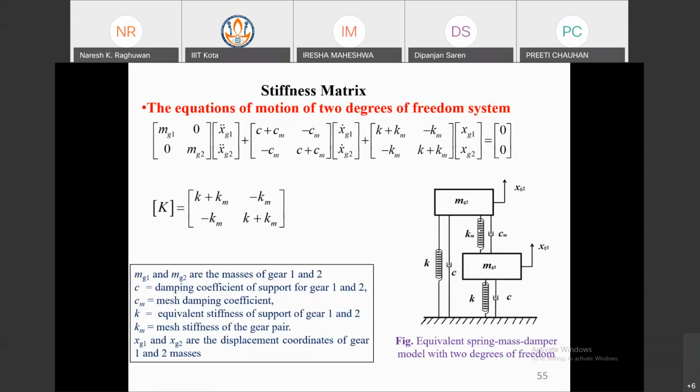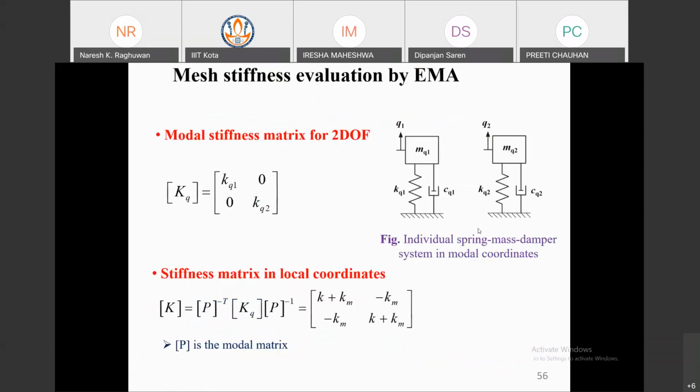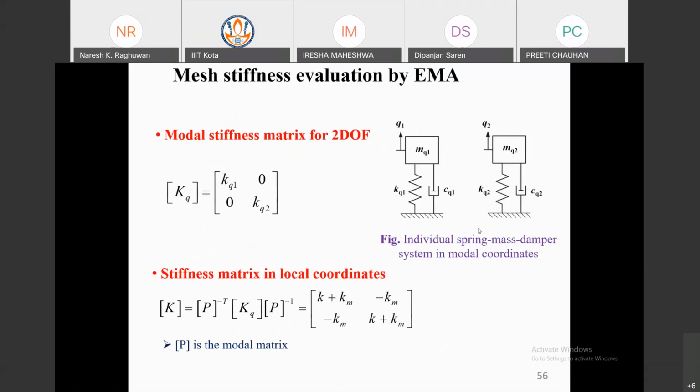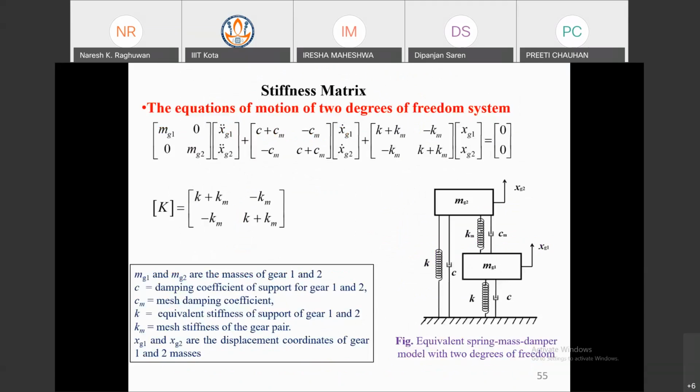At the first natural frequency, we get some parameters from the FRF plot, and likewise for the second natural frequency. These are the FRF plots. I am considering only 2 degrees of freedom, so the first peak is the first degree of freedom and the second is the second degree of freedom. These are the parameters, from the FRF, the frequency response functions, used for calculating this stiffness matrix.